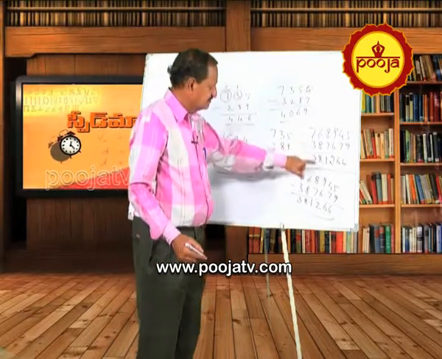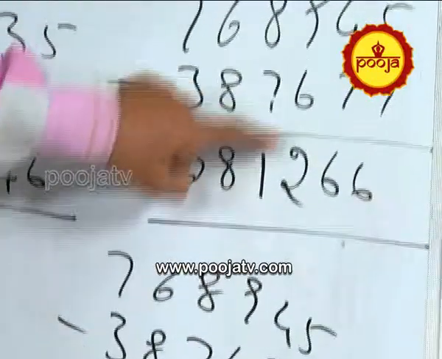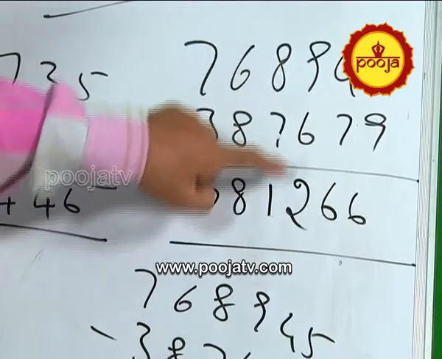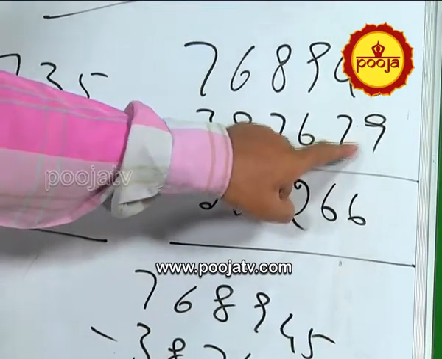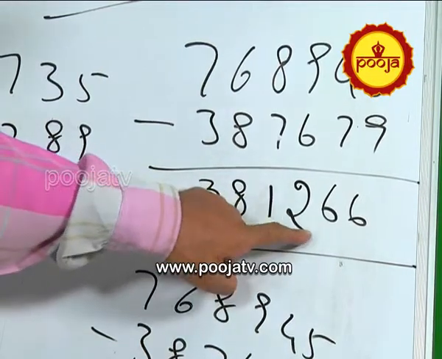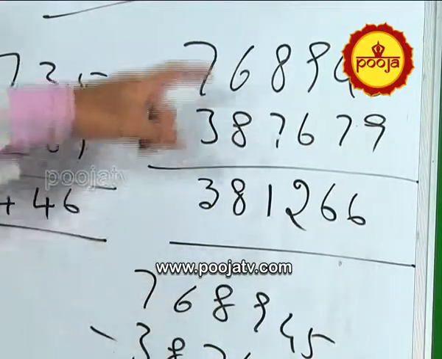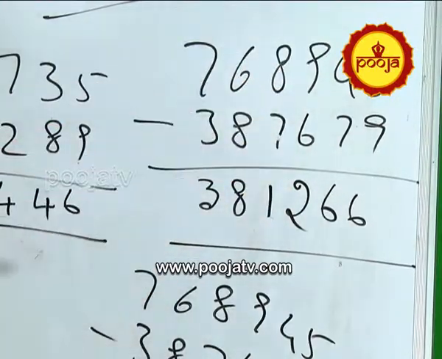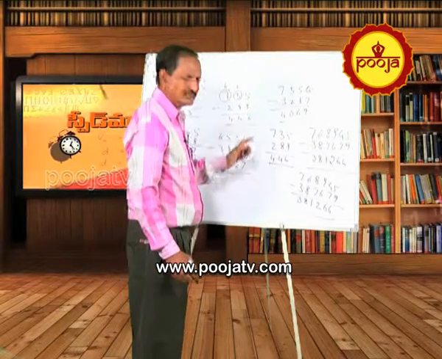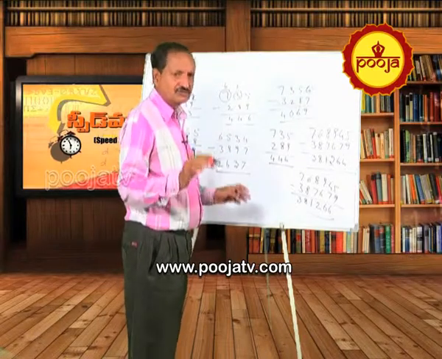Here match, mismatch, both the things I have taken. See exactly 8 minus 7 is 1, but it is a match, so you did not reduce, you have written 1. Here 9 minus 6 is 3, but right side it is a mismatch, so you have reduced 1. Here you did not reduce, here you reduce, and here complement of 2 is as usual. So match, mismatch and complement, if you know, you can do any type of subtraction, let there be a million numbers, just you can go on writing the answer like this. Okay. Now I will show you some more examples.